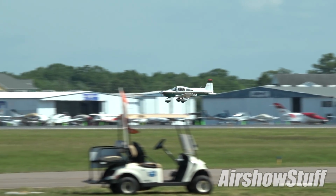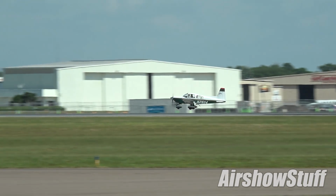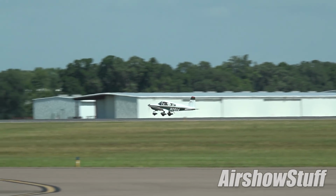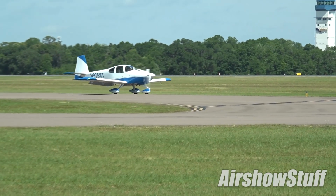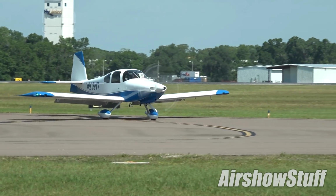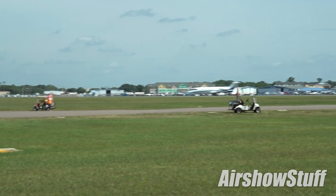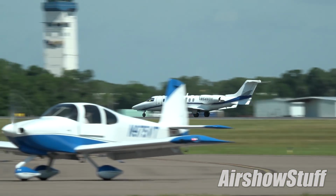But there's big changes coming with the master plan too, because over the next 8 to 10 years, we are going to take 5/23 out, and we're going to build another parallel south of 9/27. So that'll be a lot of work moving forward, especially working hand in hand with our friends at Sun 'n Fun, adjusting and moving buildings, because all those exhibit buildings over there are going to move, and we're going to put them in the best locations for the future of this event, and work with the financials to make that happen as well. It's not just Sun 'n Fun, but we want to build